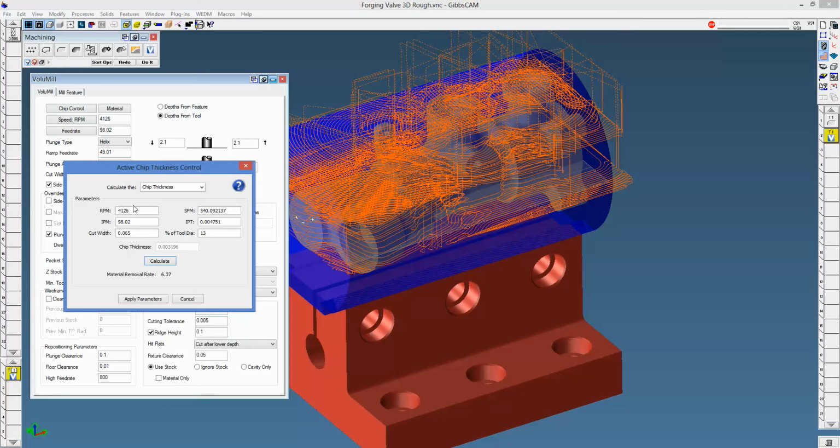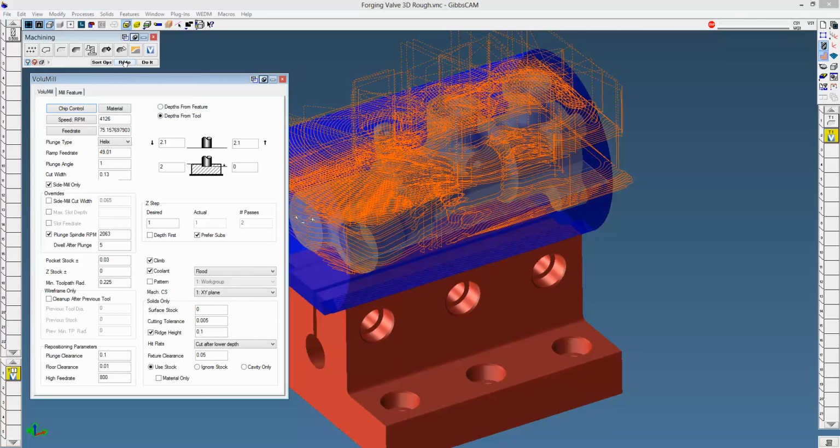Okay, so what we're saying here is that we're going to calculate the feed, and we can see the chip thickness and the IPT displayed here, and we have a step over of 0.065, which is typical for the initial state of this. However, we can go on and play with this value a little bit. Notice the material removal rate is 6.37 and the IPT is 98. Okay, so let's make note of that. Let's just say I'm going to go to 0.13. So I'm going to double the step over. You notice that the material removal rate went up, but yet the IPM went down, in order to compensate for that. If we go ahead and apply those parameters and we redo this,